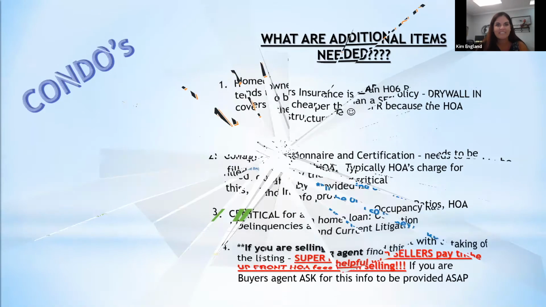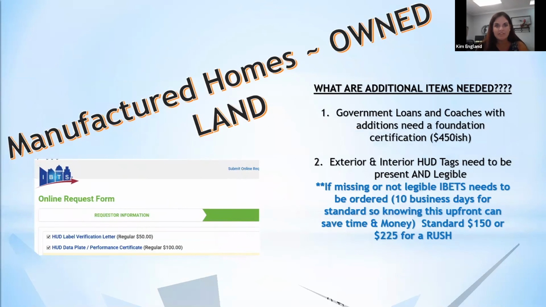No? The next one is manufactured homes. I know this is probably more geared towards the Riverside people because we tend to get manufactured homes where you own the land. If the land is not owned, that's a chattel loan. We do not do chattel loans. It's like getting a motorhome loan. So someone has to go to a credit union or someone who does what's called a chattel loan if the space is rented. You'll find those at the beaches. San Diego, you probably deal with those a lot, but they're chattel loans. They are not real estate loans because the dirt's not owned.